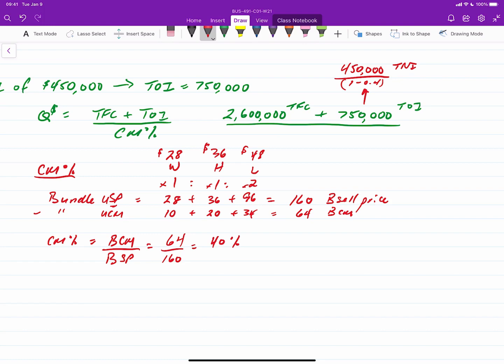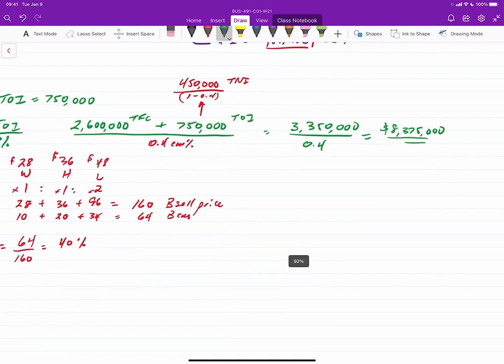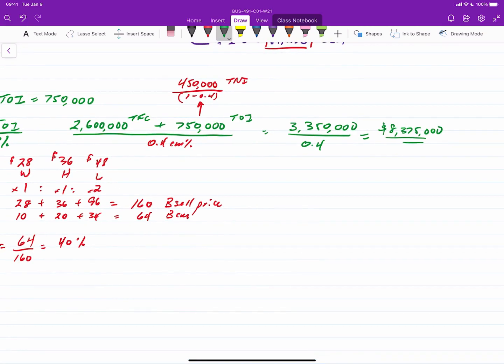So we'll go back into our calculation and we'll take our fixed costs plus our target operating income and divide it by 0.4, which is the CM ratio percentage. In the numerator, we will now have $3,350,000, and we'll divide that by 0.4 to give us revenue of $8,375,000. And so that's what we need in total required sales to achieve a target operating income of $750,000,